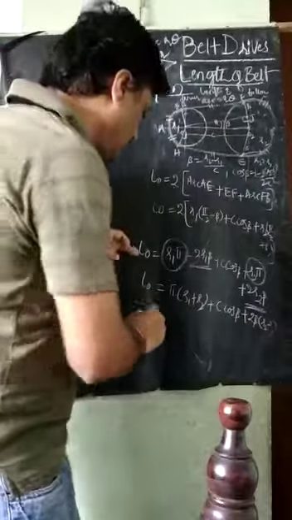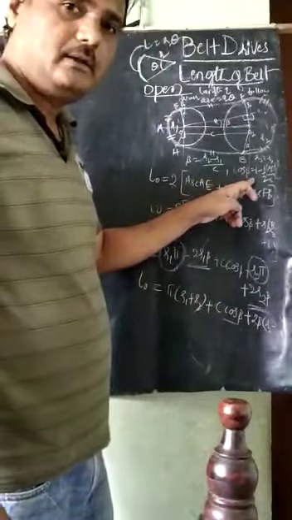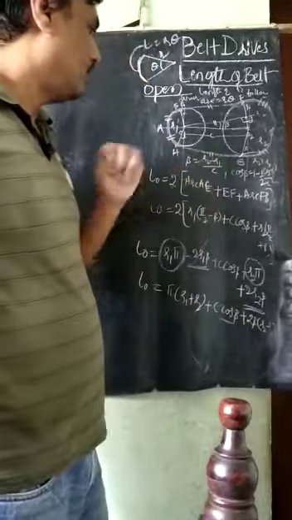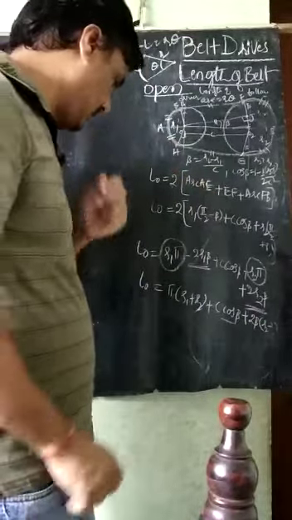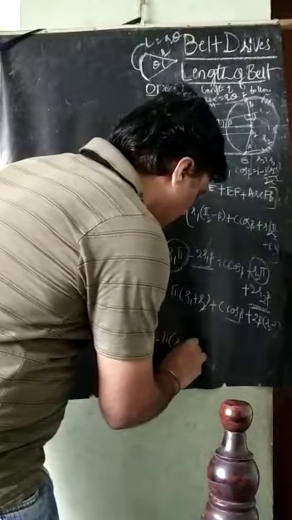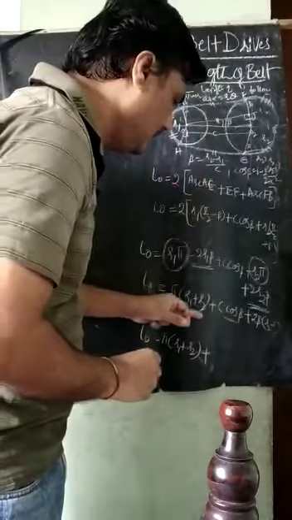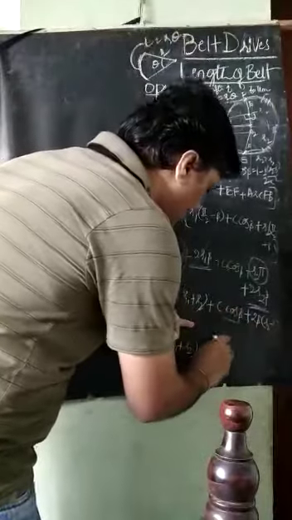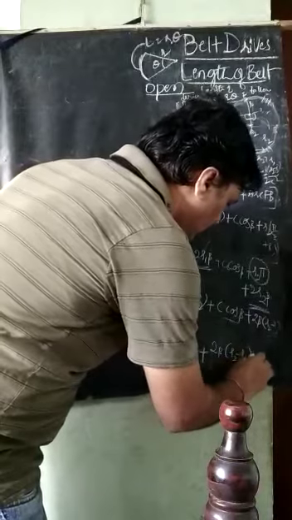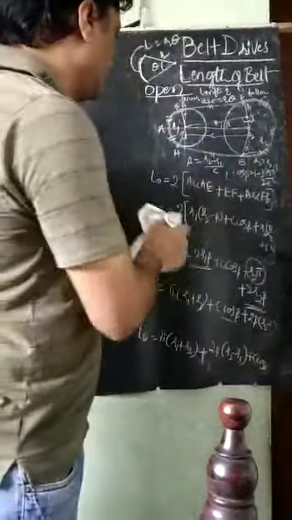Next, I will substitute the value of cos beta, as I have already taken from the binomial theorem, and the value of beta, which is R2 minus R1 divided by C. I will substitute here. So therefore LO is equal to pi in the bracket R1 plus R2, plus 2 into beta into R2 minus R1, plus C into cos of beta. As it is I am writing here in this case.